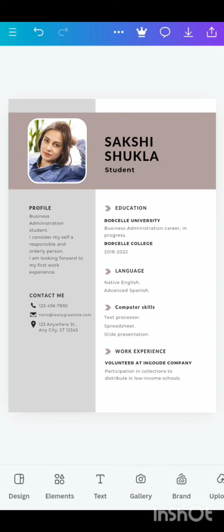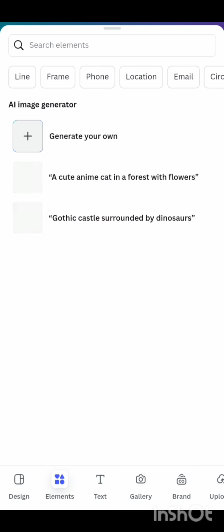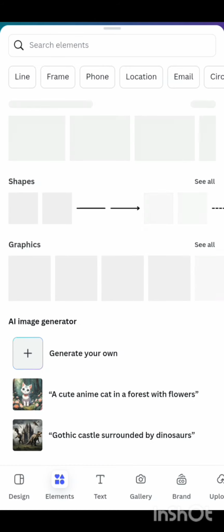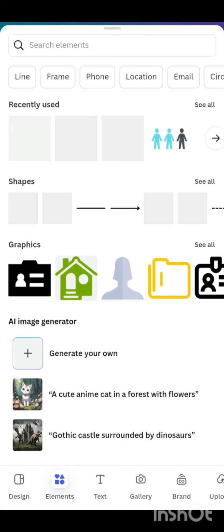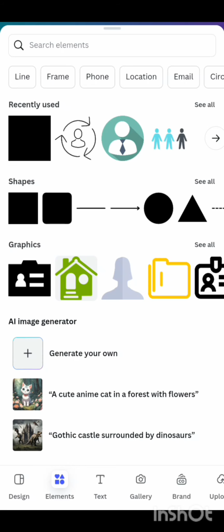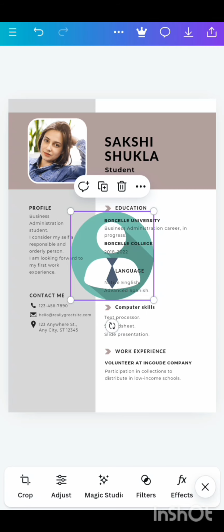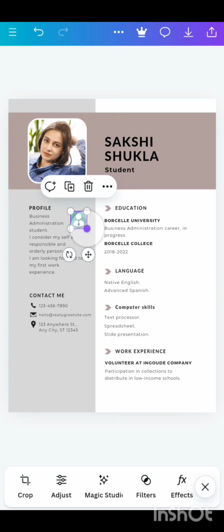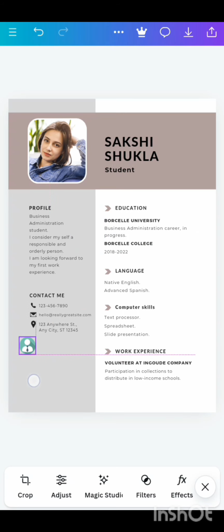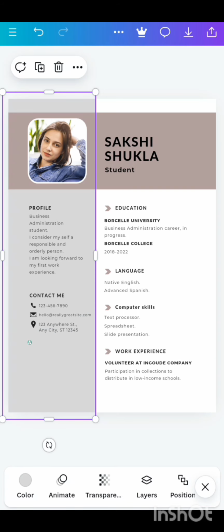Here you have a gallery option also for the picture, so you can put any picture you want. And here you can put any element also. For a phone number, for an address, for anything, you can take this one. You can just make the size smaller. You have to grab here and you can put it here. Okay, it is very easy. You can use this app in a very good way. So like this you can put any kind of elements also.